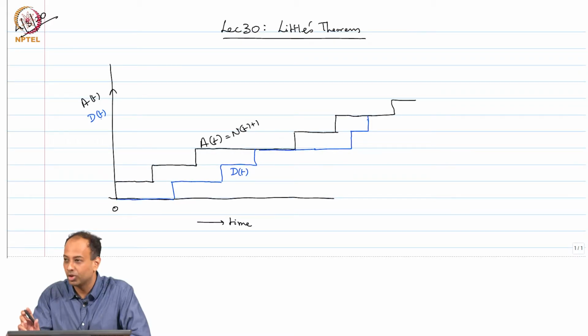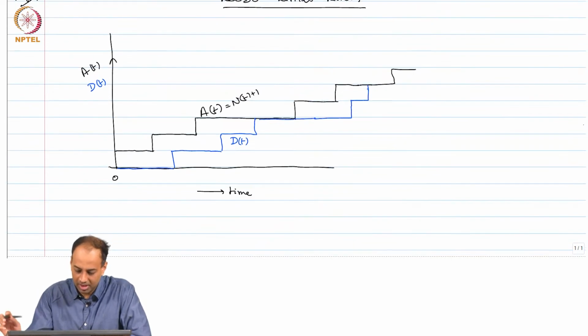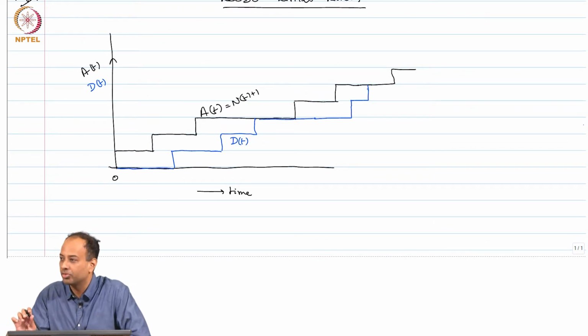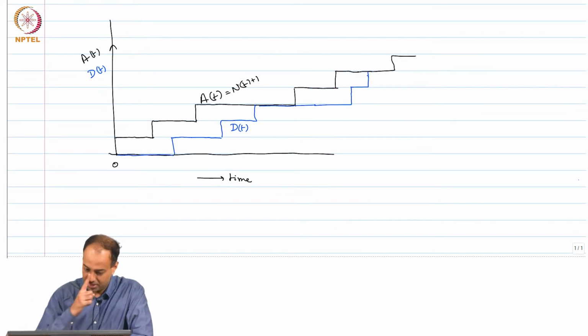Welcome back, good morning. Today we will discuss and prove a very important result in queuing theory known as Little's theorem. Little's theorem relates the average number of customers in a queuing system to the average waiting time in the queuing system. Roughly it says that